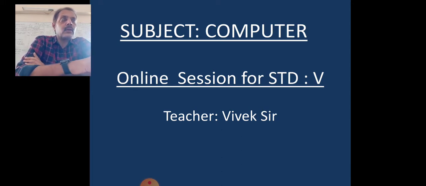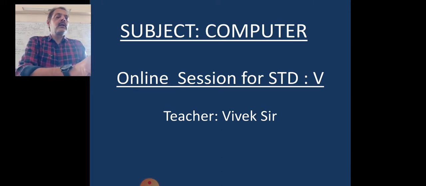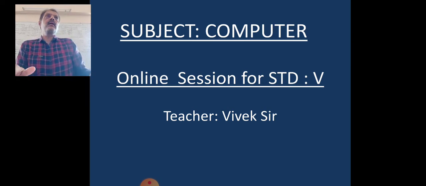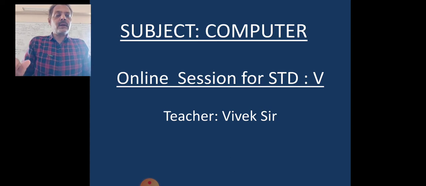I'll show it practically also, how to do it. Today we are just going through the theory part, then we'll start with the practical in the next week. Next week we'll be doing the practical for this. So as shown in the diagram on page number 39, creating a table by selecting rows and columns, you just select the number of rows and number of columns you want, and your table will be created accordingly.